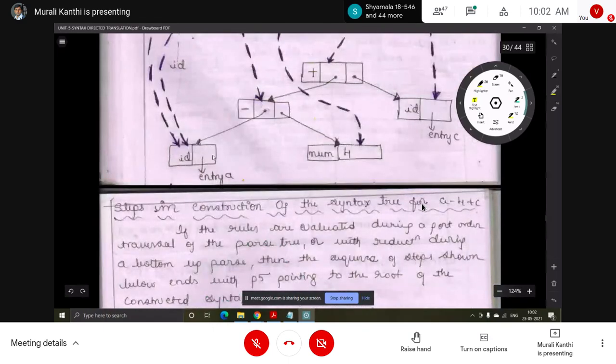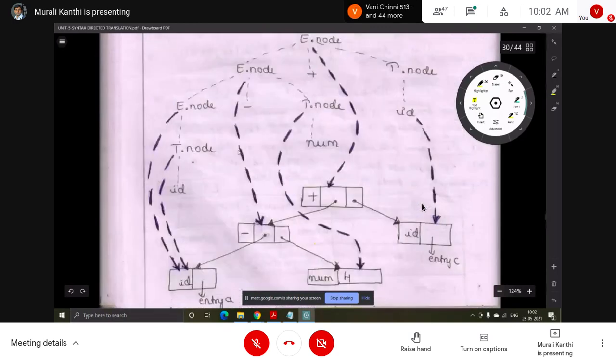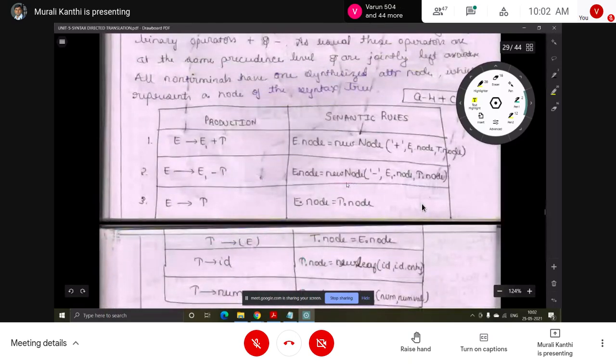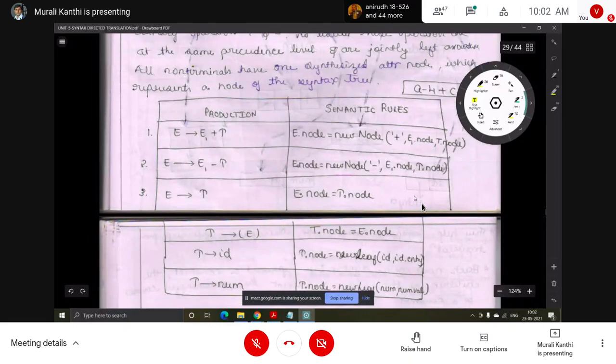In this case we have to represent the node: first part for the id, then the second part for the entry. So now entry a. Next, minus. Minus is a node we have to create, a new node minus, and the left side is E.node and the right T.node.